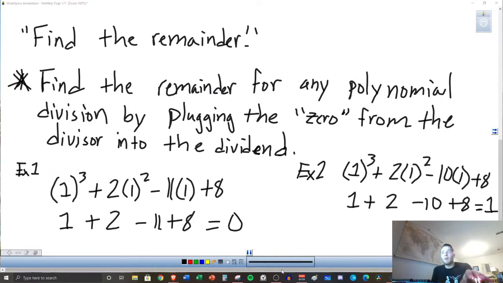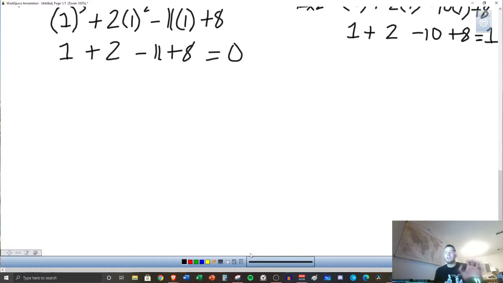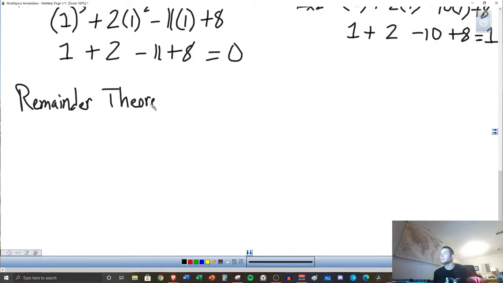Let's write this up in a more fancy notation. So hopefully this doesn't confuse you when we write it like this. We have the basic rule in simple terms, but let's write the remainder theorem. So for the remainder theorem, when we divide